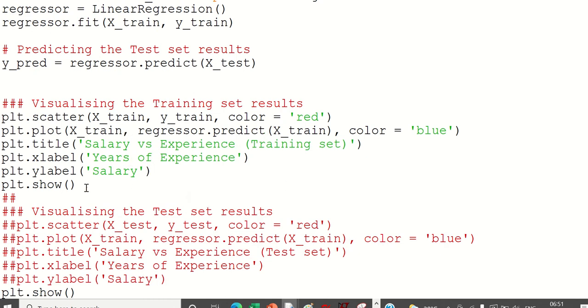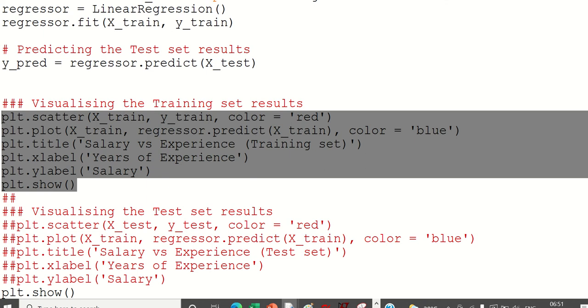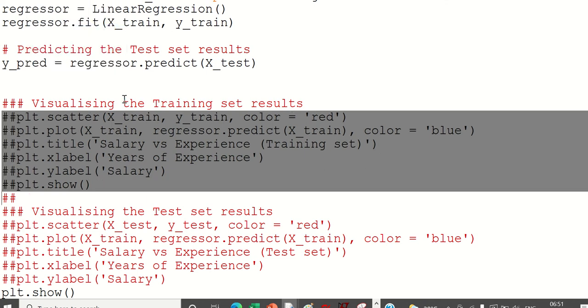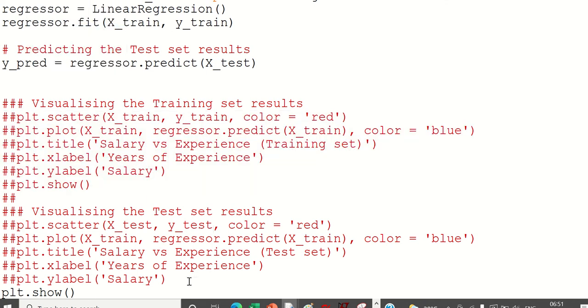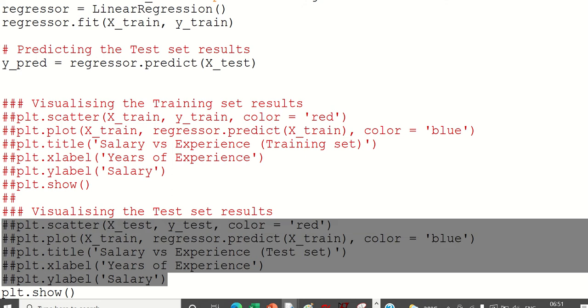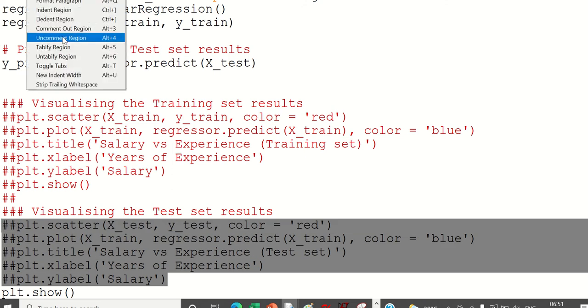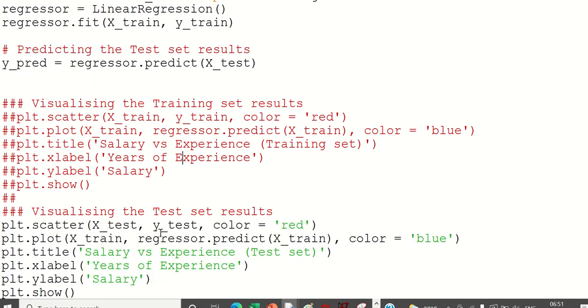Next thing is we'll see x test and y test. Now this will be the actual. Wait one second, why here?